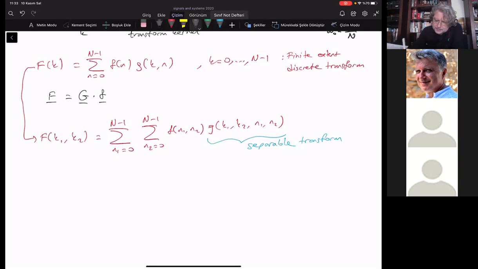Instead, we have G1 of K1, N1, and G2 of K2, N2. And in many cases, G1 and G2 are the same. One of them corresponds to a horizontal transformation along the rows of the signal, and the other corresponds to the column processing of the signal for the transformation. Now, if we have this kind of separability, then this F matrix can now be considered as